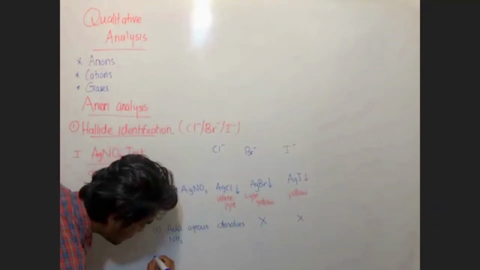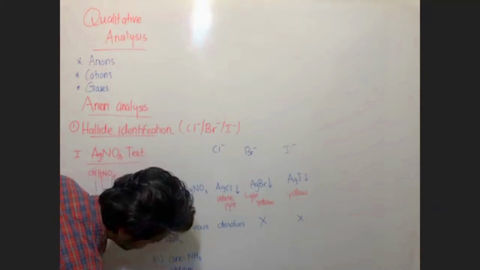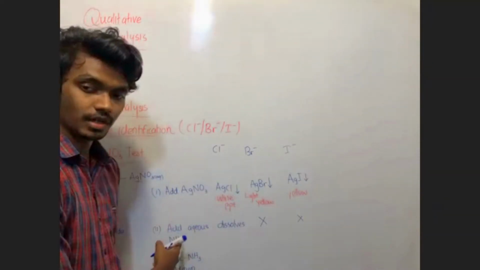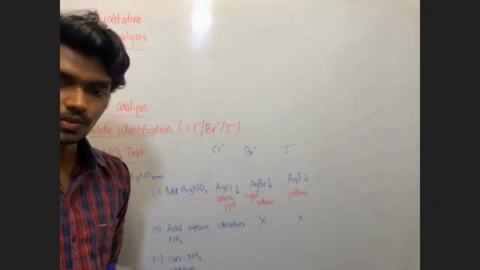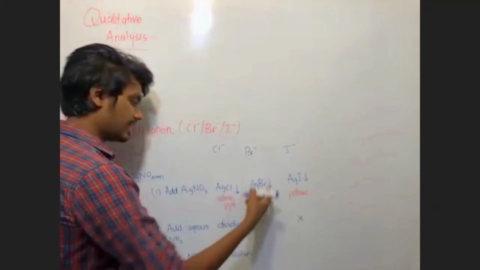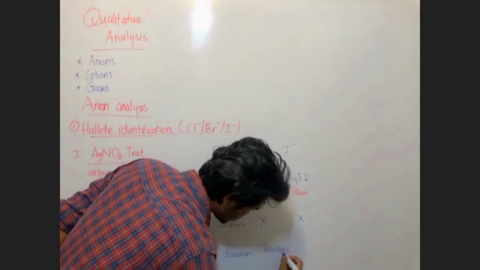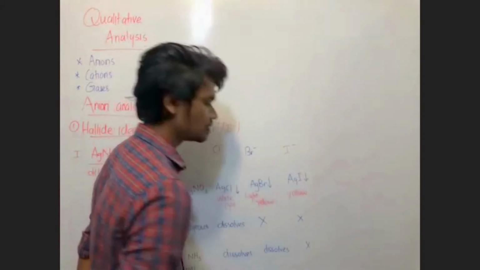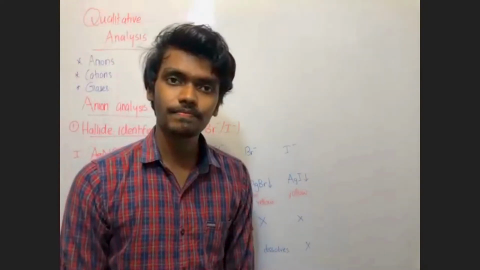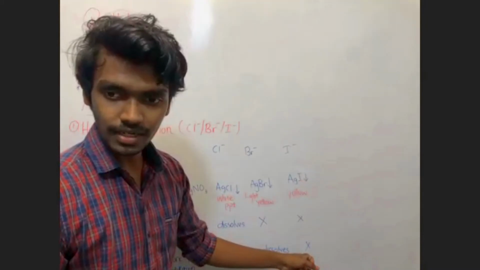So if you add concentrated ammonia, instead of aqueous ammonia, you can add concentrated ammonia also. When you add concentrated ammonia, this dissolves. AgBr also dissolves in concentrated ammonia. This doesn't dissolve. AgI dissolves, right? This dissolves when you heat it after addition of concentrated ammonia. It doesn't dissolve, right? Simply,